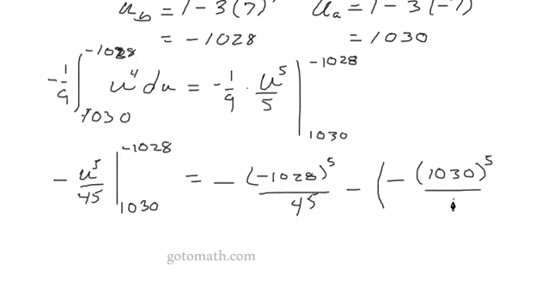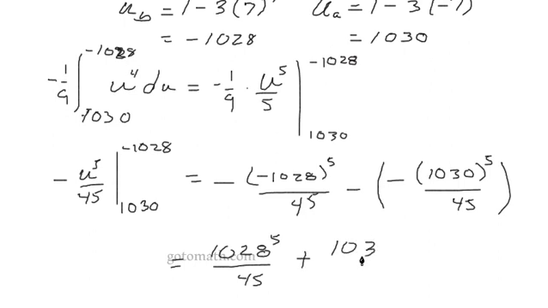Over 45. Oh, those are some lovely numbers. This is to the fifth power right here. So this negative is going to become negative outside, and that will make that actually a positive number. We can just get rid of the negatives then. 1028 to the fifth over 45 minus, and then of course we have a minus and a negative here. That's going to become plus 1030